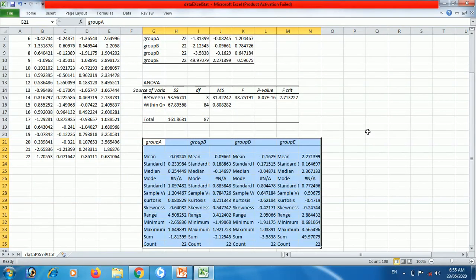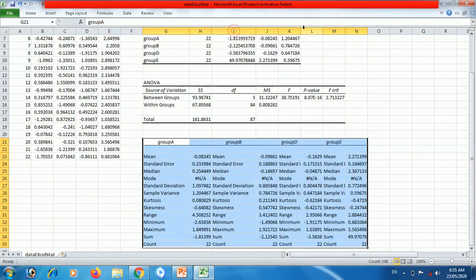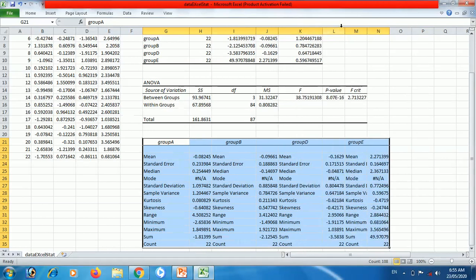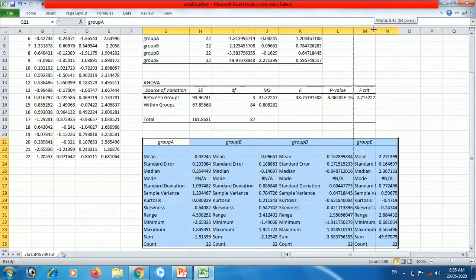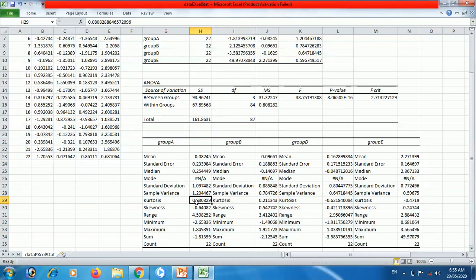And this is the descriptive statistics of all 4 groups: mean, standard deviation. You can click here to read it fully. Mean is there, standard error is there, median for each group, mode is not available for these groups, standard deviation is there, sample variance is there, kurtosis is there. Kurtosis is the height of the curve.